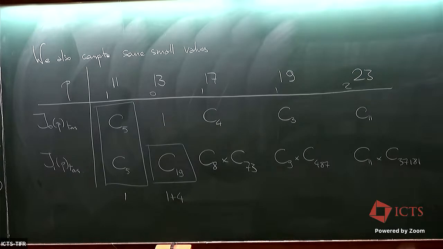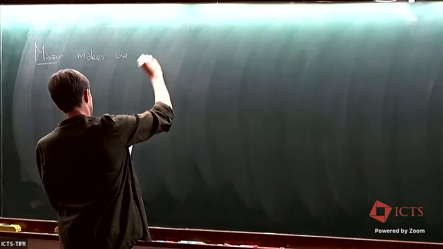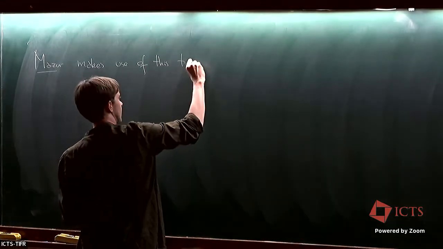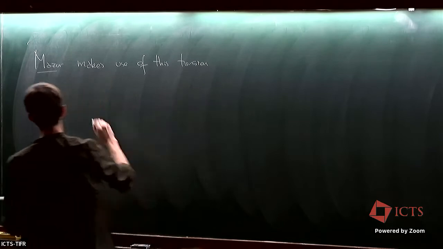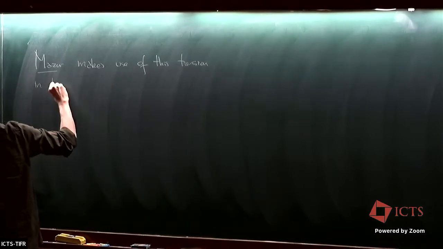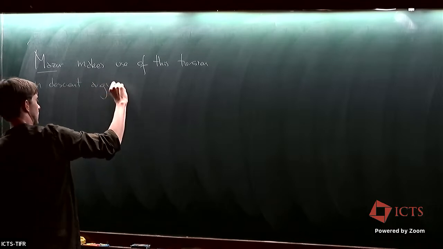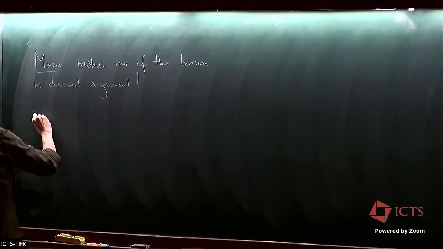Mazur makes use of this torsion in a descent argument. And I'll put an exclamation mark, because that is quite a striking thing if you're working with these big primes. So we're going to explore it,